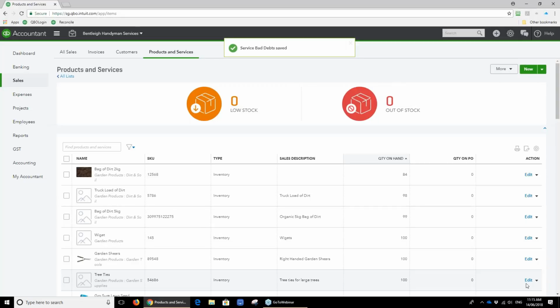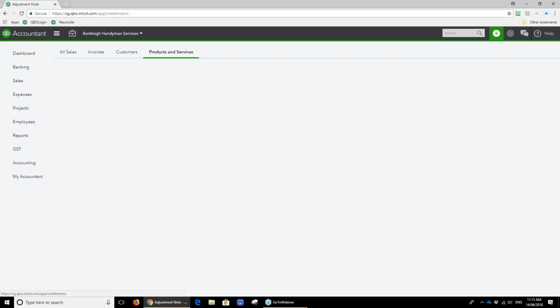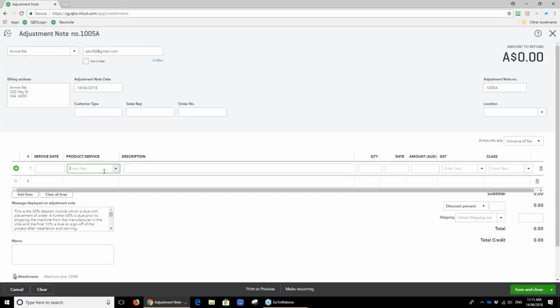With your sales transactions, any sales transaction, you have to actually allocate a product or service to that. So I would then go in and create the adjustment note on the account. Now from my report, I've got Annie May, who I'm going to write off as a bad debt. So I come in here to create my adjustment note for Annie May, and pick up my bad debt here,